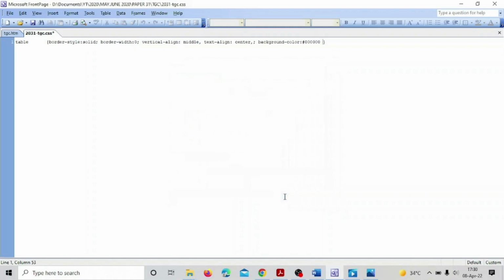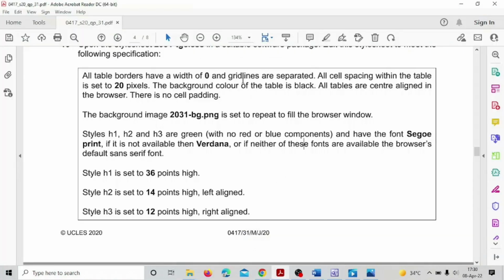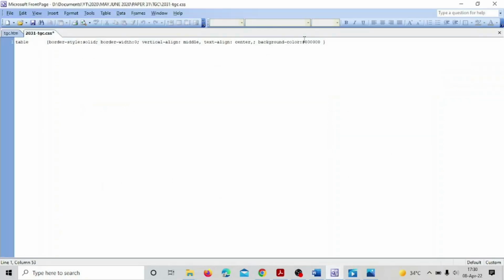Now what all we got, just let me highlight them. This one, borders have 0, width 1, and I got a background black, another one, and the center aligned in the browser is also done. Okay, now what's left? Grid lines are separated and border spacing I have to do. Okay, let me go back. So border spacing, see here you can just give a